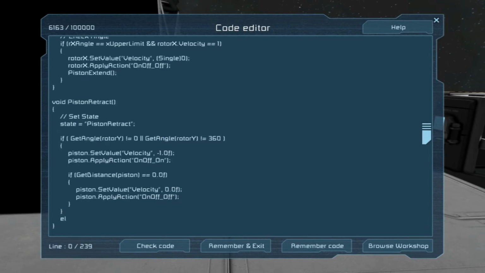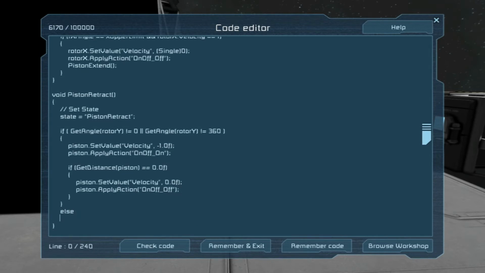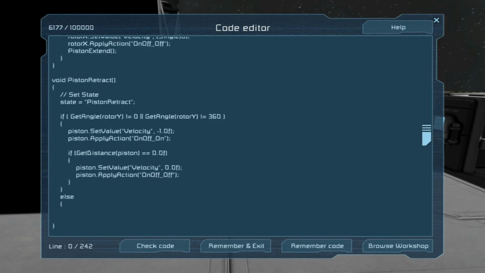Otherwise, we want to, I'm gonna need multiples, I think. Multiple lines. So we want to do, let's see, what do we want to do? Rotor Y, apply action, or no, set value. Velocity is, let's go with,